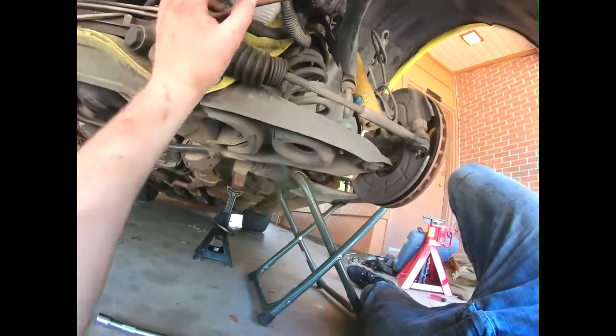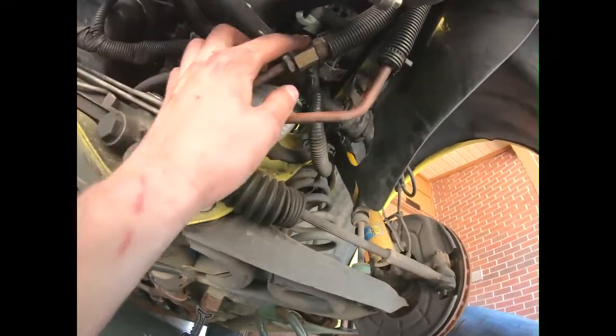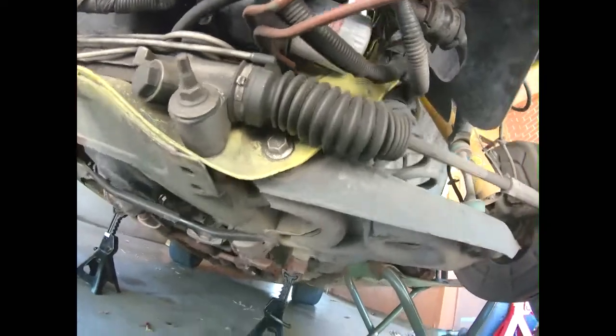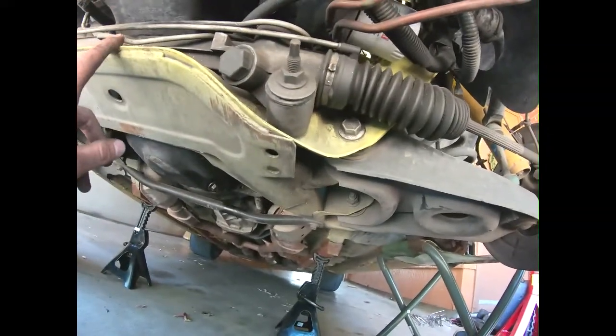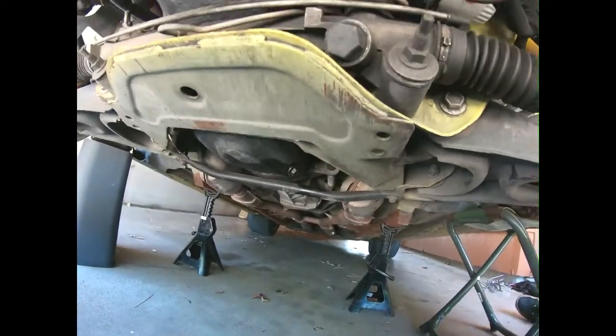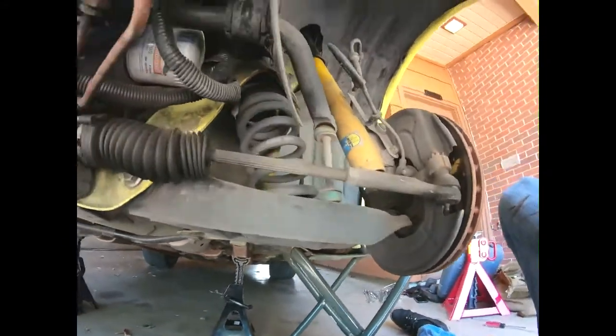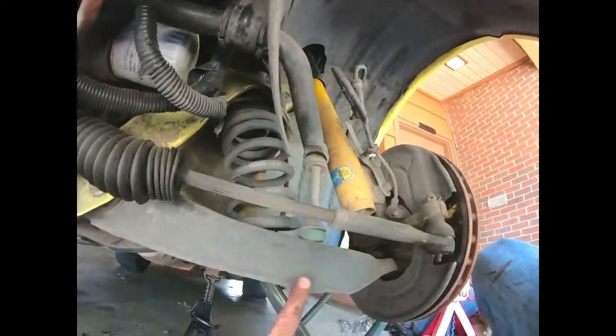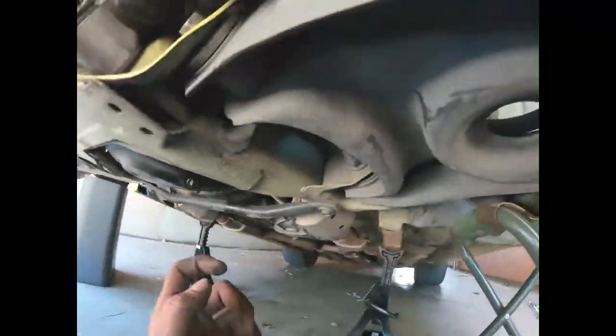So underneath the car here, you're going to see you have to disconnect this line, follow it up to the other one, take that off. Now because you're dropping the whole K member here, you're going to drop the power steering rack with it. So your sway bar, as you see, is bolted up to the framing here. So what I'm going to do is take off my end links, undo the two end links,